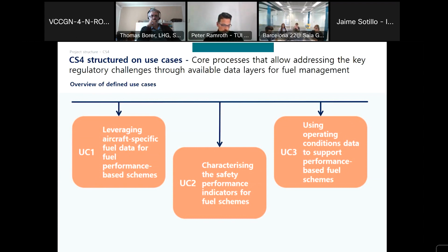In this regard, even though we are treating each data as a silo in a different use case, we will always keep an eye open for these fusion capabilities to make sure that we do not miss that part that was also identified as a key limitation at the very beginning. Okay, and